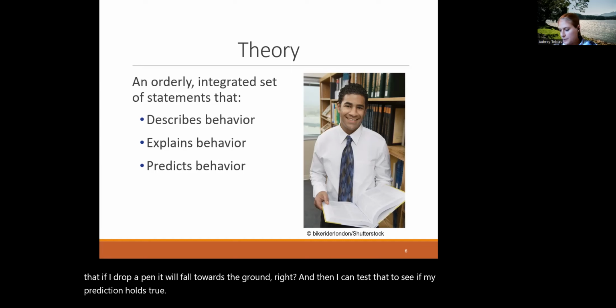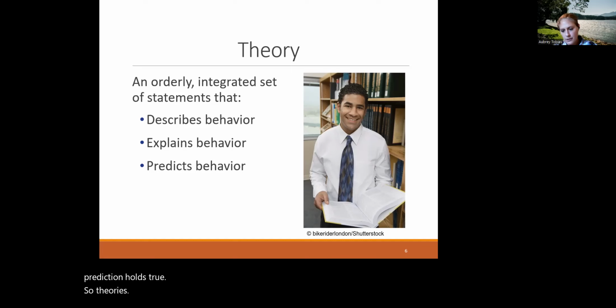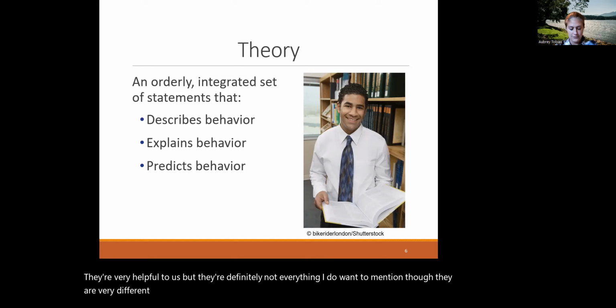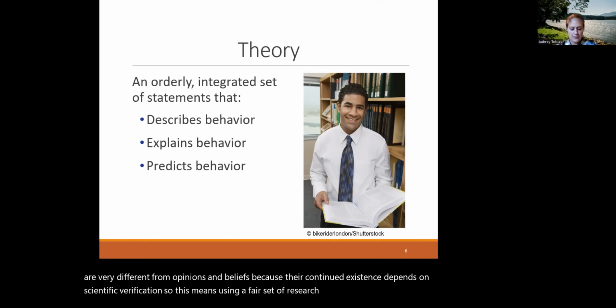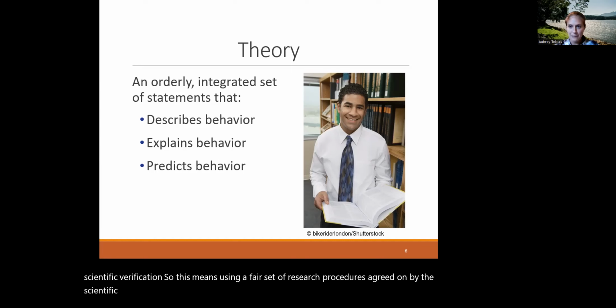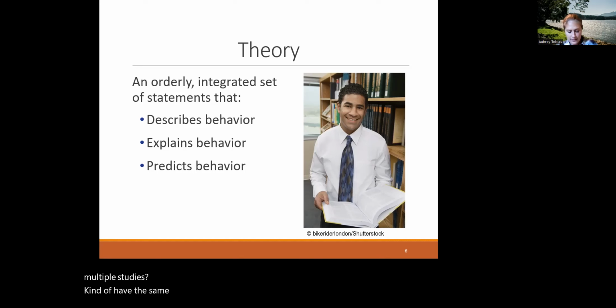So theories, they're very helpful to us, but they're definitely not everything. I do want to mention though, they are very different from opinions and beliefs because their continued existence depends on scientific verification. So this means using a fair set of research procedures agreed on by the scientific community, and the results must be replicated over time, right? Not just one study. Multiple studies need to have the same result. Verified theories provide a solid basis for practical action that can help